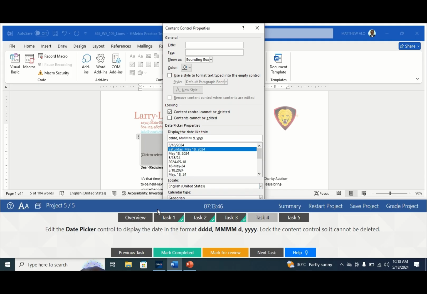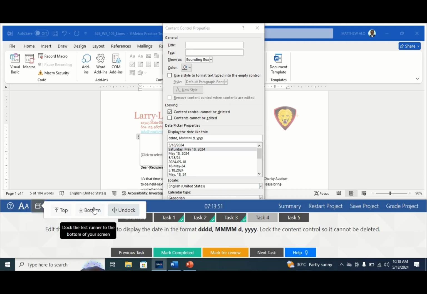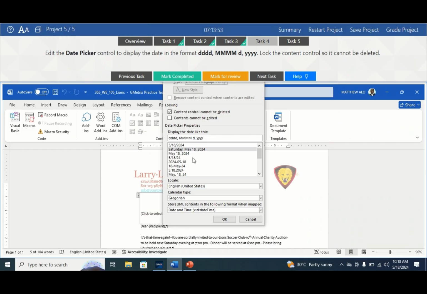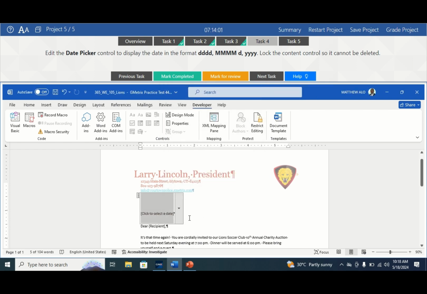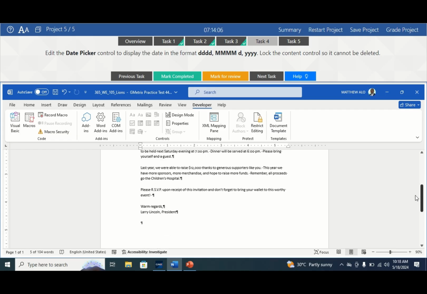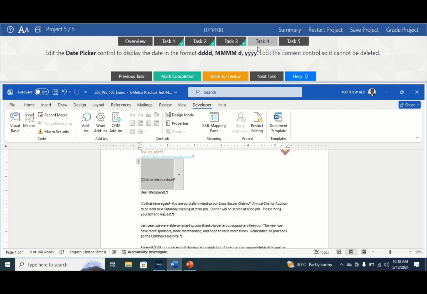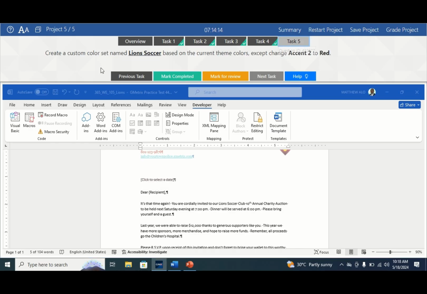Okay, that is done. You need to dock this to the top to be able to see the control. So you just select OK. Okay, that is done. Task 4 completed. And task 5, create a custom color set named Lions